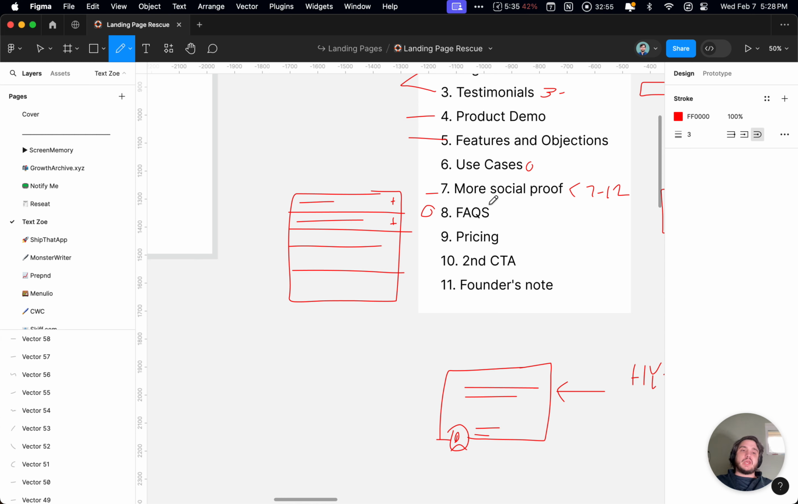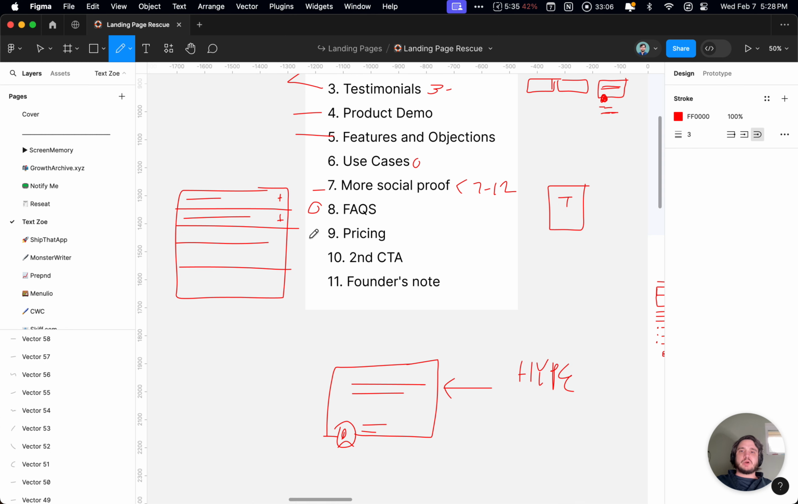I recommend looking at other SaaS products just to see what they say in their FAQs, and they'll give you some ideas of what you need to say. So, pricing,